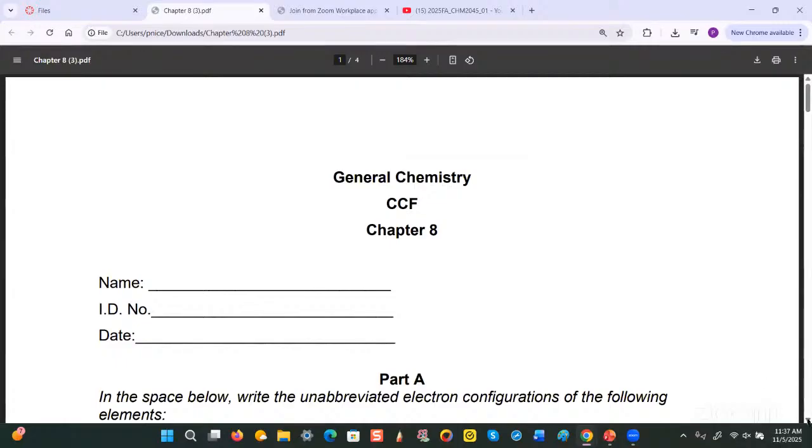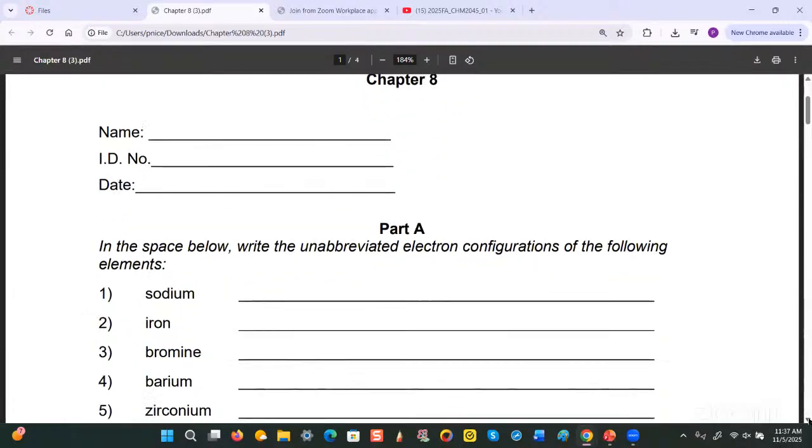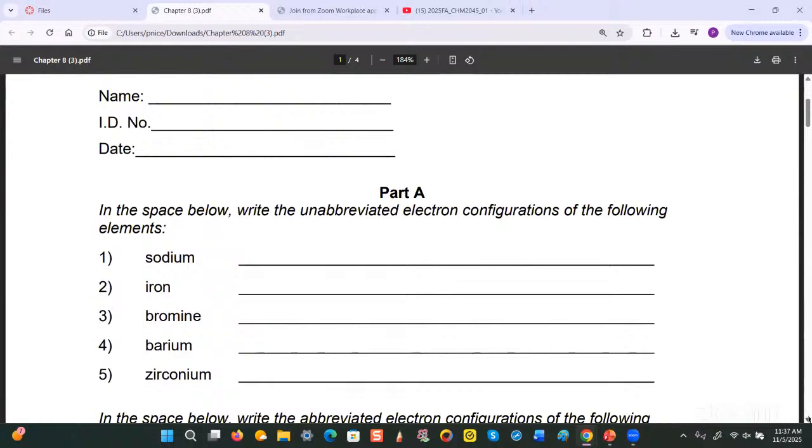Okay, so with this question, we're going to concentrate for now on the first five, all right? In part A, the question says, in the space below, write the unabbreviated electron configurations of the following elements, and it gives you the different elements. Now I'm going to need your help because I don't memorize that same diagram I showed you. So if you can pull it up on your devices or if you have it in front of you, keep it at hand because I'm going to need it, especially for the heavier elements, all right? Now let's start off with